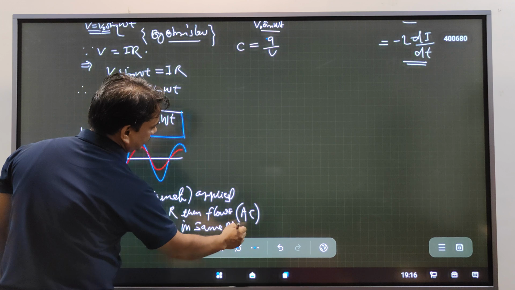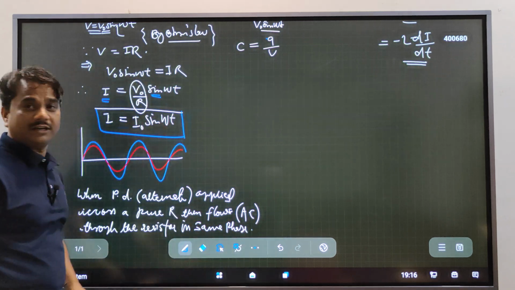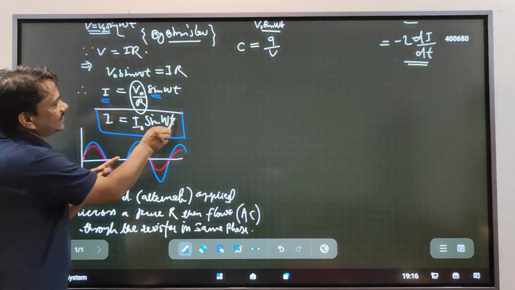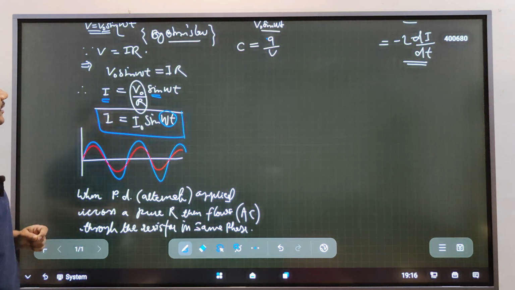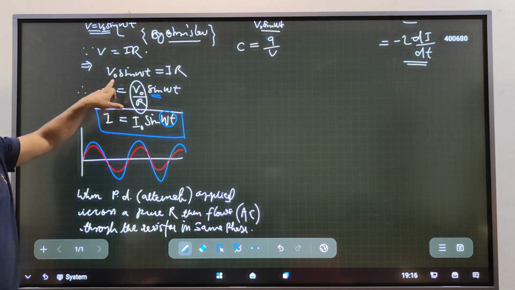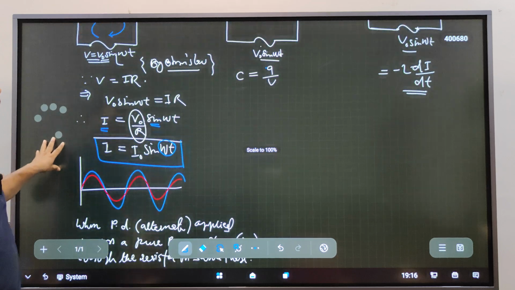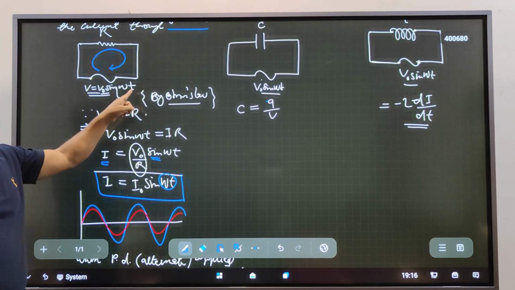This is a very interesting thing. Same phase. What does same phase mean? This quantity is the same in both cases. This is called being in the same phase. So the equation of voltage is V sin omega t, or current